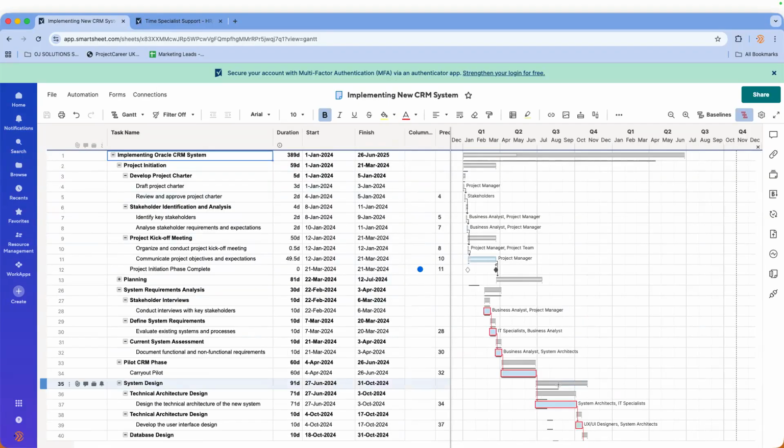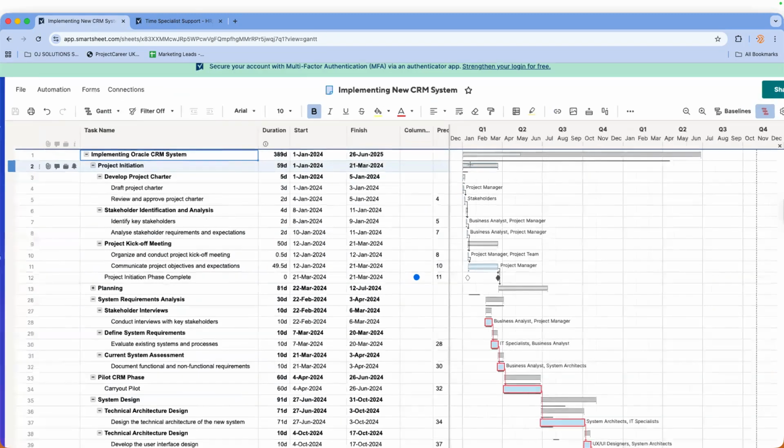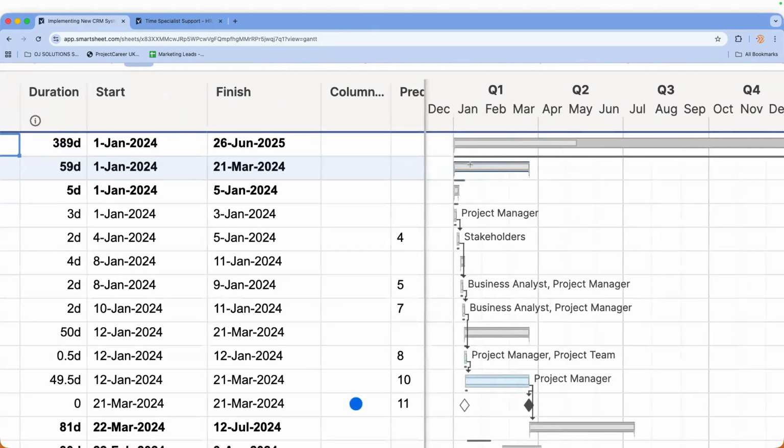The top gray line here is the overall project, everything from start to finish. And then under here, where my mouse is, what is this? Is this a particular activity? Is it an activity though?